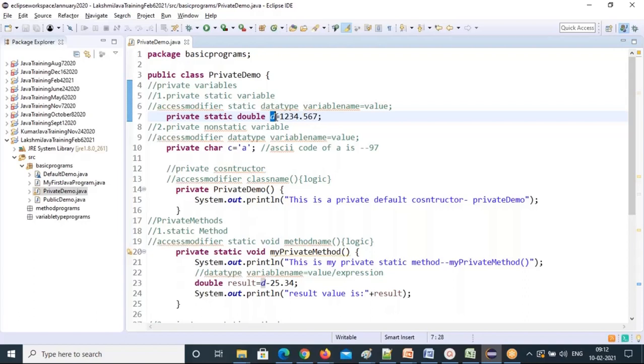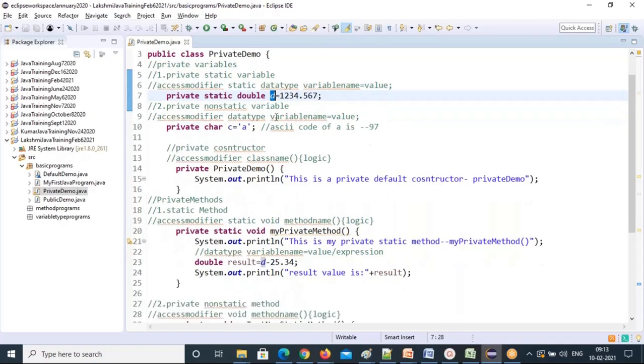You can use static data anywhere, but for non-static data there is a restriction. Non-static data you can use in non-static methods only. But static data you can use anywhere, inside any method.